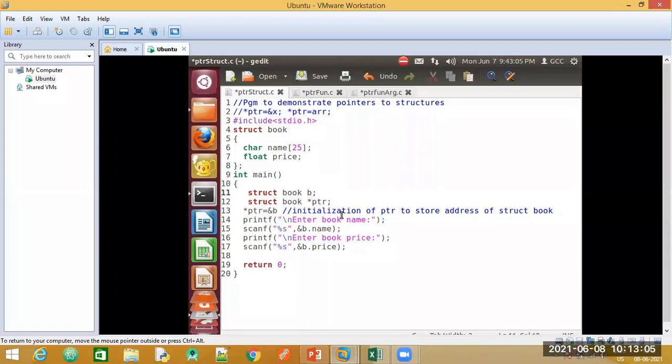Now till here structures are done. Next thing is we need pointers. Why do we need pointers? What is the purpose of pointers? We want pointers because we want to initialize them to store the address of this structure. Just like here, we declared pointers and initialized them to store the address of the array. We initialized a pointer to store the address of variable x here.